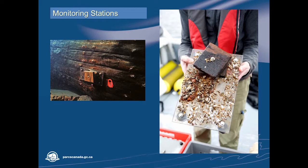So here's the wood sample station, and what that is basically is a sample of wood that is a modern sample, but is the same species as is found predominantly on the hull. So we're sort of measuring, so we don't have to do any destructive analysis on the shipwreck itself. On the right, you can see what it looks like nearly 20 years later in this case. It's been eroded by wave action, but also by biological